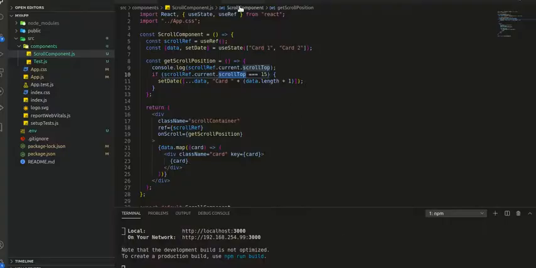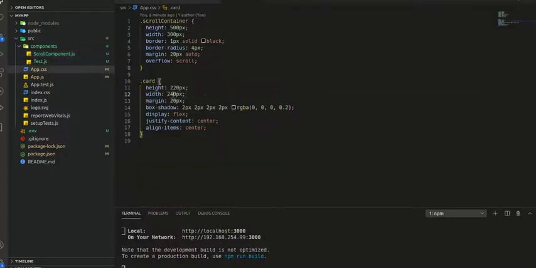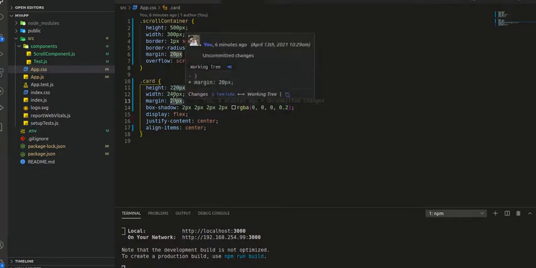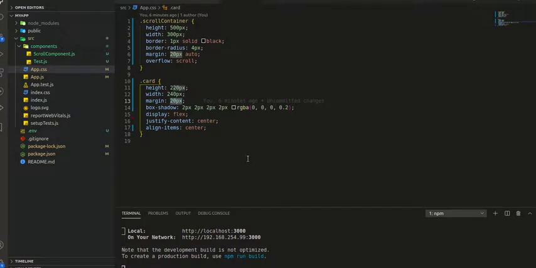Our card is of height 220 pixels, and we have a margin of 20 pixels, but we just need the margin bottom, which will also be 20 pixels in this case. So the total card height is 220 plus 20 equal to 240 pixels. Okay, and we are getting 255 here.